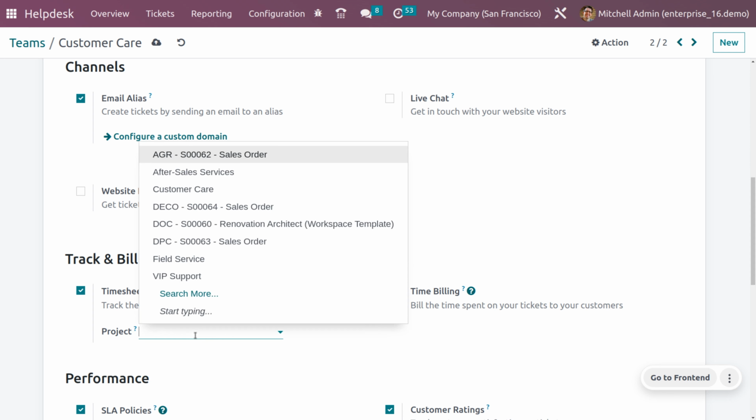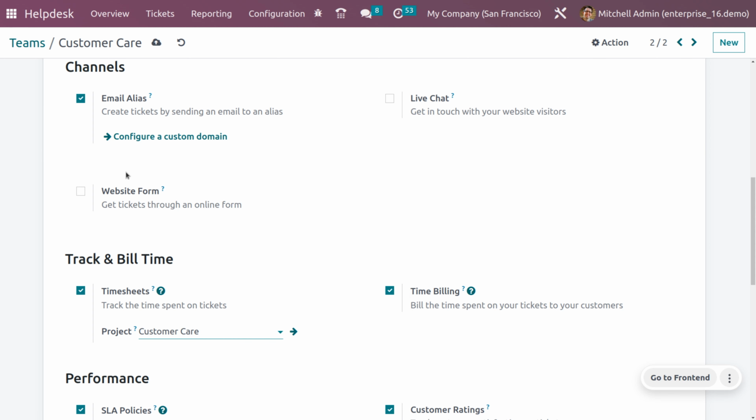Now here you can also choose the project as Customer Care, because we are working under the team Customer Care. Now let me save the changes. So this would allow you to track the time spent on a ticket as well as bill the time spent on your ticket. Once you configure the timesheet and time billing,